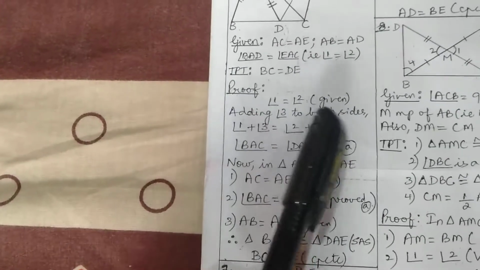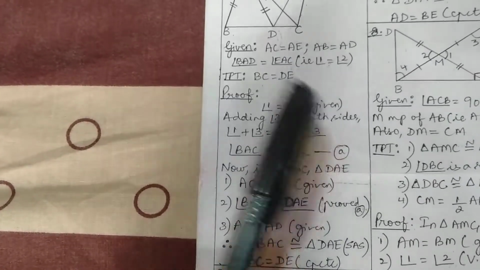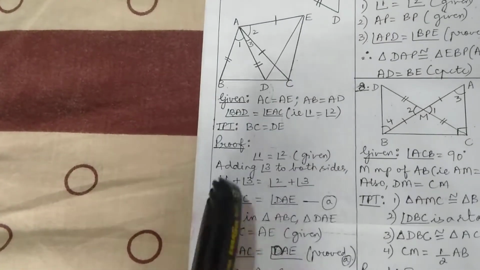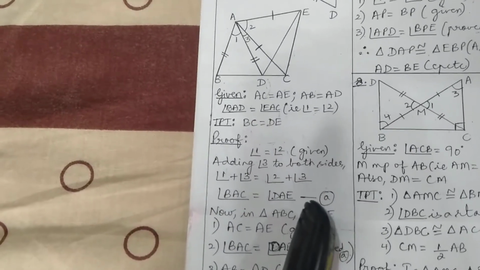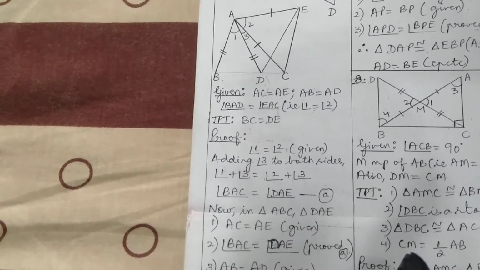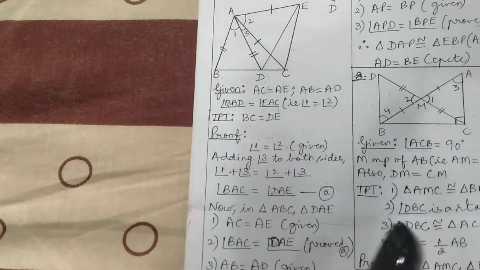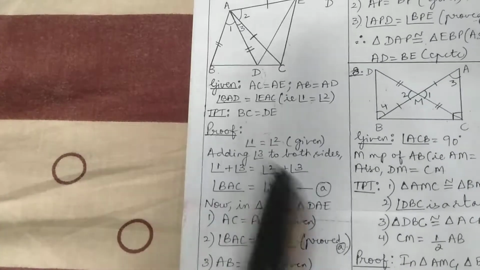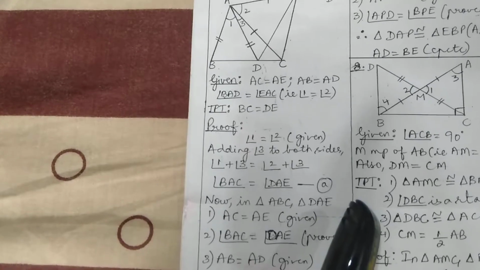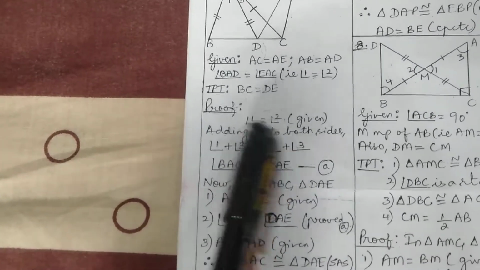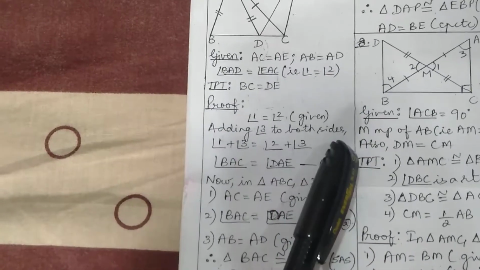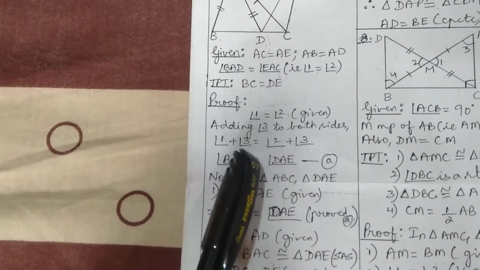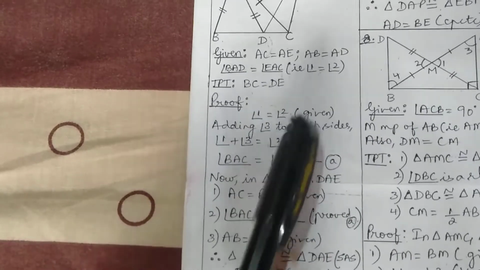So what you need to do is take up the information given. We know that angle 1 equals angle 2. Now 3 is an angle which is common. Common meaning you can add something to both the sides. When you add the same thing to both the sides, the results are still equal. We have seen this in Euclid's geometry: when equals are added, the wholes are also equal. So here we have angle 1 equals angle 2. We add angle 3 to both the sides. So that gives us angle 1 plus angle 3 equals angle 2 plus angle 3.